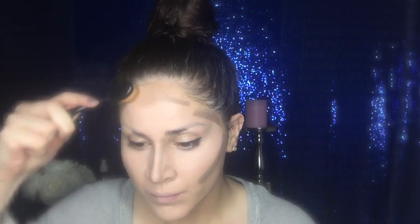I'm gonna blend the forehead. Honestly, people are so hyped about these brushes. I really don't like them that much. I just feel like it's really hard to control. Anyway, then we're going to take a clean stippling brush with no product on it, and I'm going to just